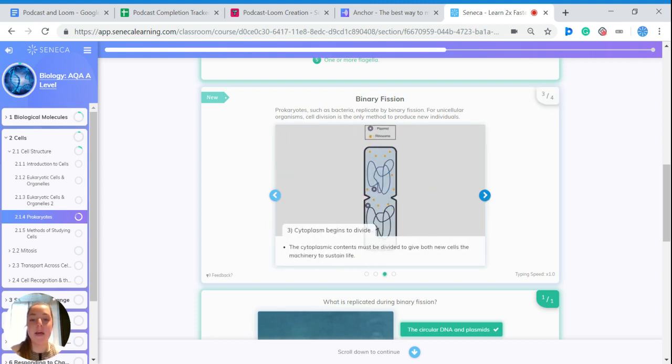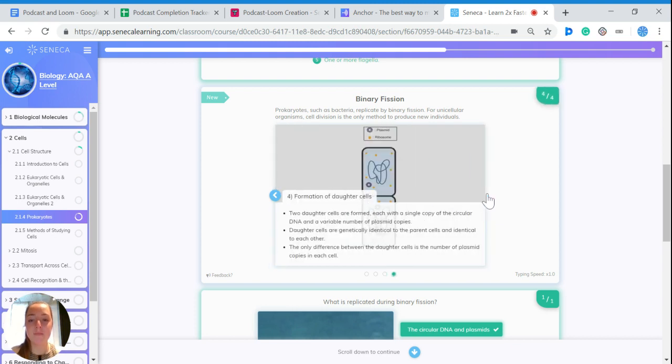The cytoplasm then begins to divide, and this gives both new cells the machinery to sustain life. Because when you divide the cytoplasm, you also divide its contents, so all the organelles that are in it. Two daughter cells are formed from this, and each will have a single copy of the circular DNA and a